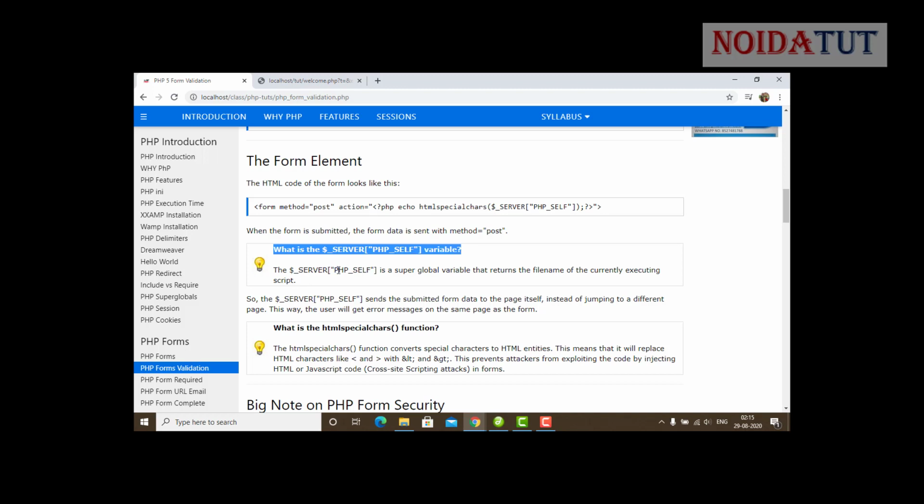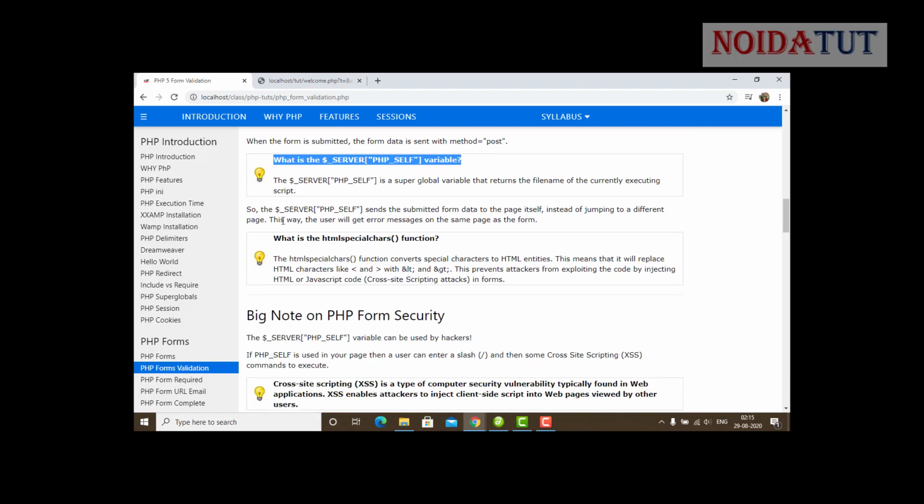The $_SERVER['PHP_SELF'] is a global variable that returns the file name of the currently executing script. It sends the submitted form data to the page itself. That means it is not going to submit the data to another page, but shows it on the same page instead of jumping to a different page. This way the user will get error messages on the same page as the form.